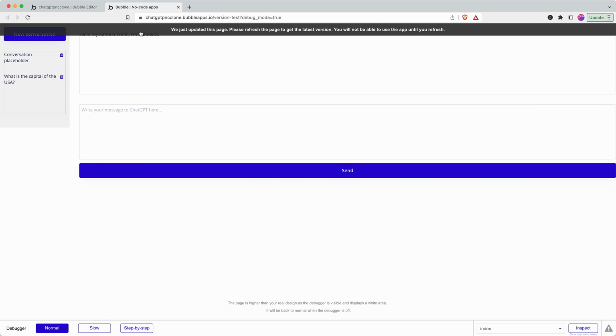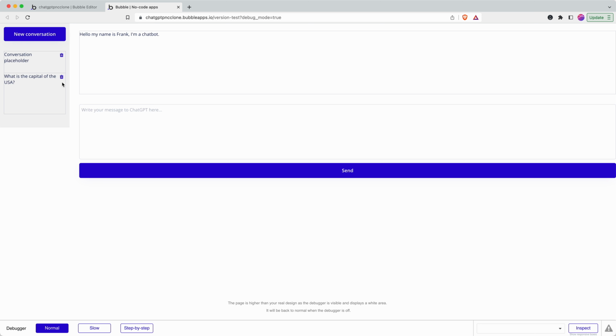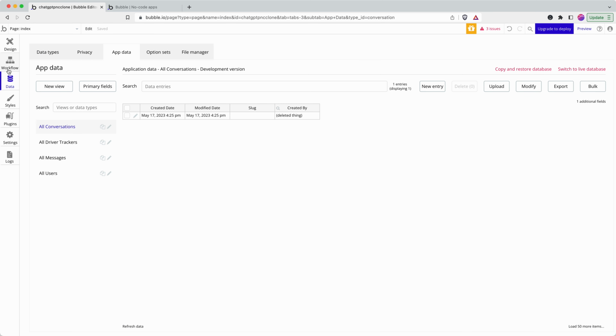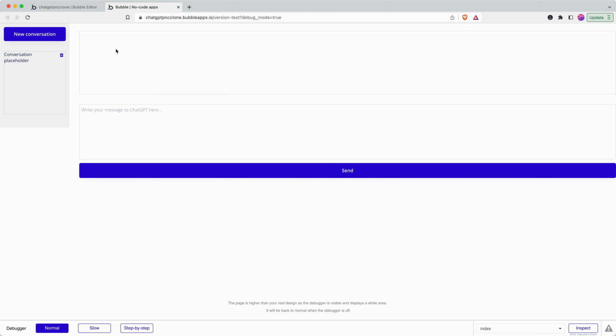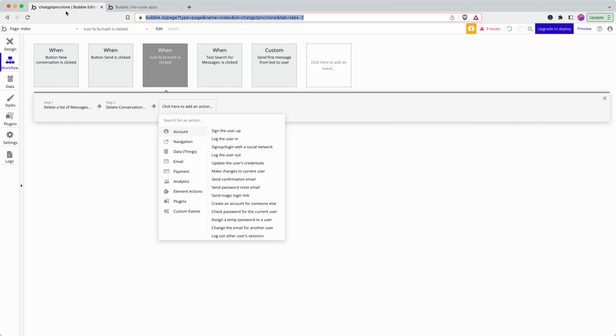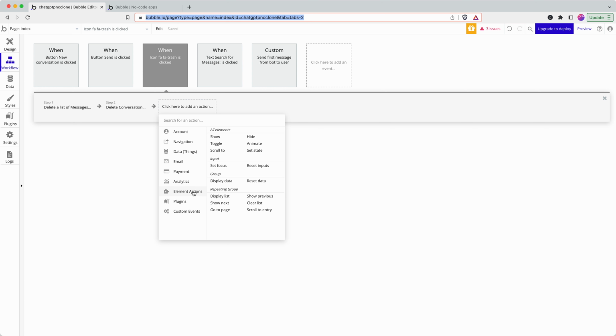So let's give that a go. And hit delete. And it's deleted. And if I go into messages, we can see that all of the messages from that conversation are gone, and I'm now only left with one conversation. I'm going to add one final step here, which is, when I deleted the conversation, I now have an empty chat view, and that means if I send a message here, it's not actually connected in with the conversation. So I'm going to say